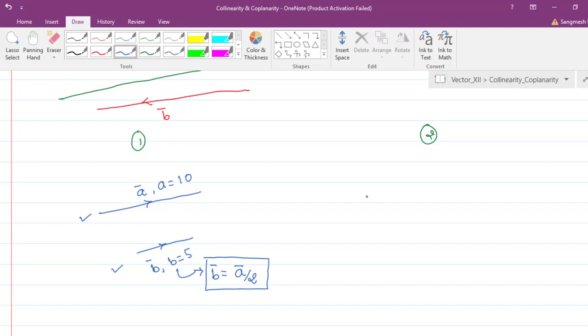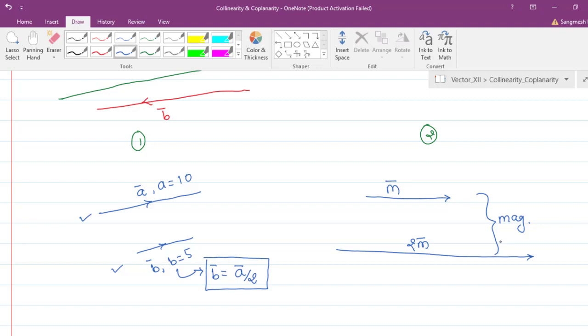That's why these two vectors are parallel to each other. Suppose I take some another example. Suppose this is some vector m bar, and this is another vector whose value is 2m bar. Means whatever the magnitude of m bar is, this one will have double that magnitude. You are changing only the magnitude in these two vectors, only magnitude difference. But what about the direction? They both have the same direction. Same direction means they are parallel to each other, means they are collinear vectors.